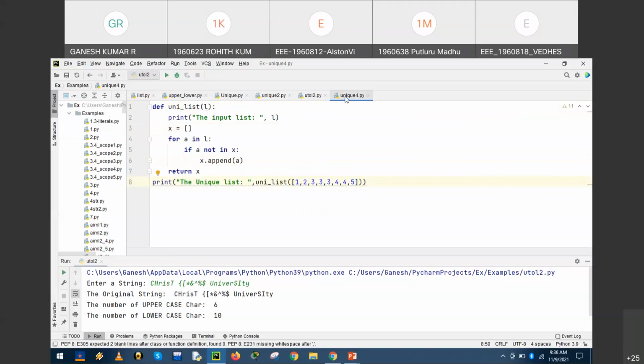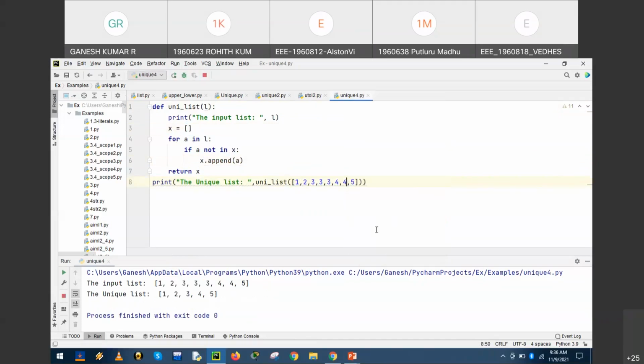Run the program and check. Yes. So the input list, the original list that we have supplied in the form of arguments, is the same: 1, 2, 3. This confirms that the input list has been supplied appropriately. No data are missed.